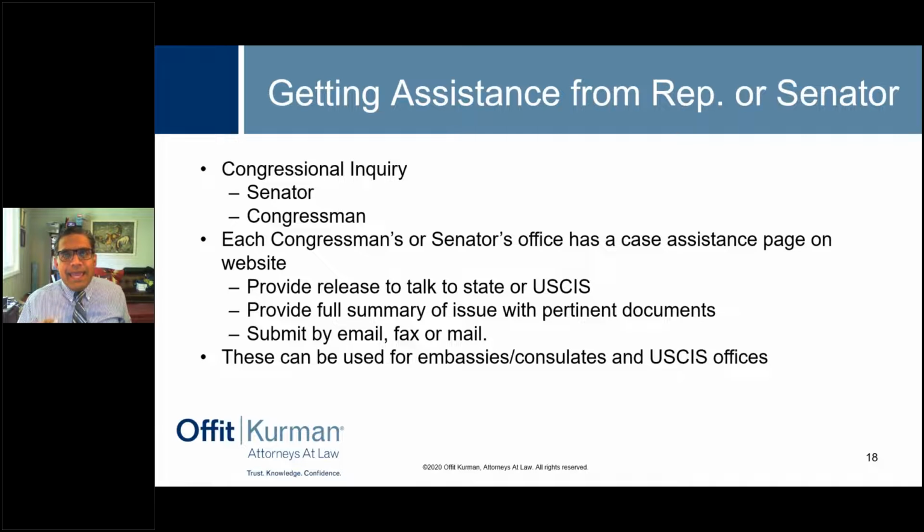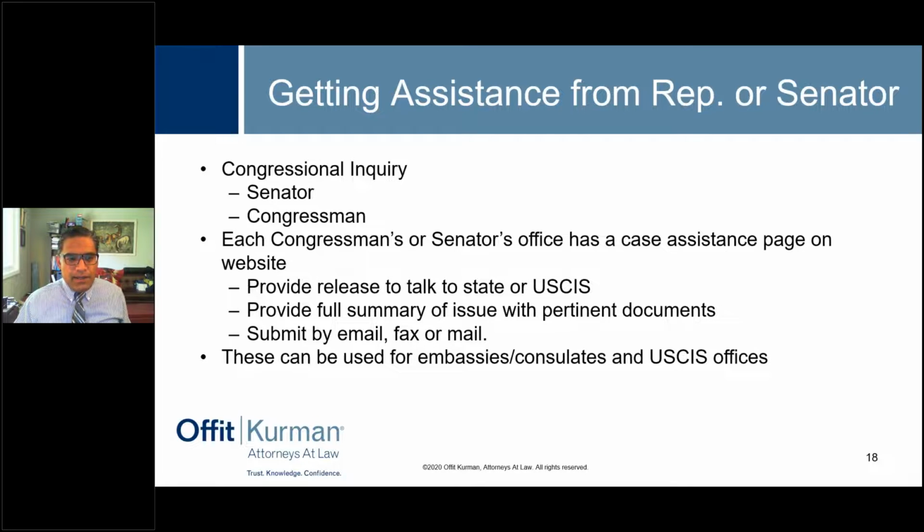Effective in the sense that it doesn't mean that once you do this, your case will be approved right away. Sometimes it is. Sometimes you have a file that's stuck somewhere and no one's looking at it, and you do one of these requests, and boom, within a few days you get your approval. So it's important to follow the procedures, which are very